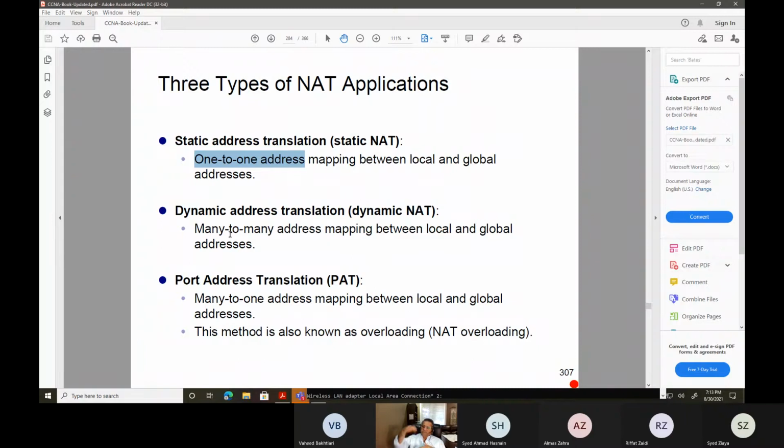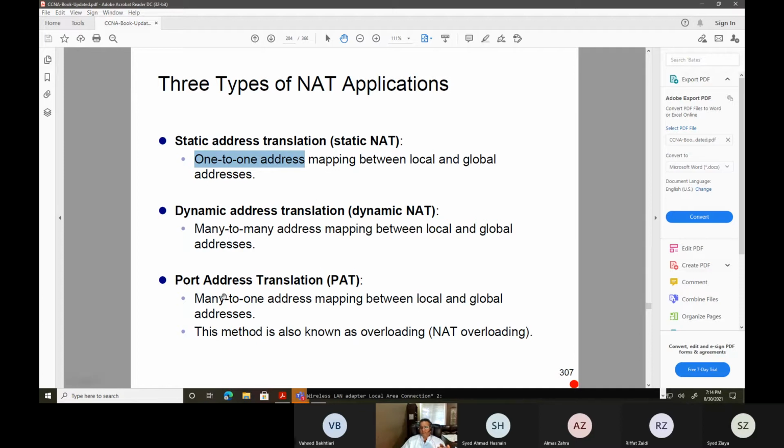So in the beginning, they were coming up with this one-to-one. Dynamic is, let's suppose they have got 10 addresses and they have got 60 or 80 or 90 private IP addresses. So whoever goes first on the internet is going to take the first IP address. The second one's going to take the second one, third one, fourth one, fifth one, all the way down to 10 public IP addresses. But the problem is, if you have got 40, 50 users sitting, the first 10 get it, and what are the rest going to do, right? So this is a problem. In the beginning it was fine, but now it's a problem.